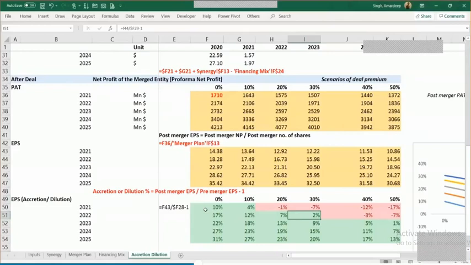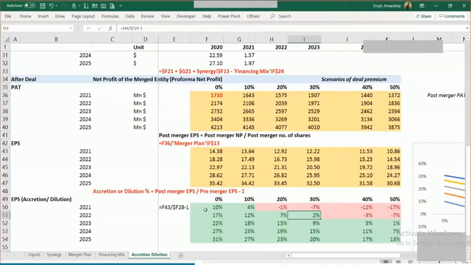So if you really need this deal to be executed, then you should be ready to pay an extra premium over and above the DCF as well. And this model tells you that. This exactly is the value or the impact that you're able to evaluate out of this model. Because if you simply stick to the fact that my DCF value is $110, why should I pay $130? Then we wouldn't be able to proceed with this deal and the deal would be called off. But if I understand the logic behind this table and I say that yes, $130 is not a problem because I would be able to break even in the next year itself, let's go ahead and do it. It's just a matter of one single year. It doesn't matter.